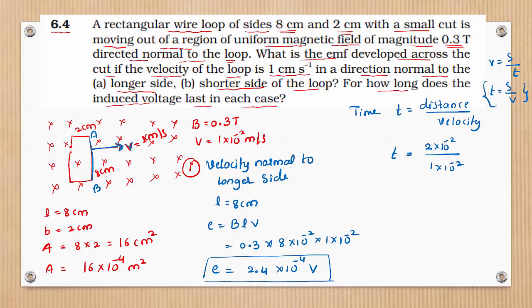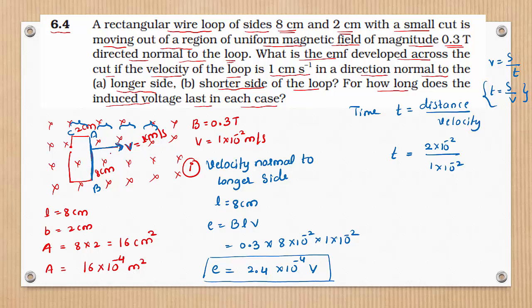Velocity is perpendicular to the uniform magnetic field. This part is moving. Which length is moving here? You can observe, AB is constant, only 2 centimeter. This part is changing. AB is not changing here. You can take the changing part as C. CA is changing, CA is moving, not AB.